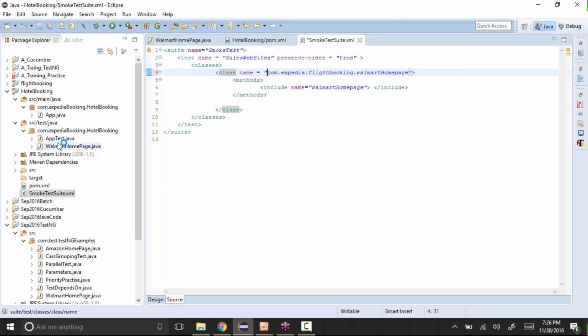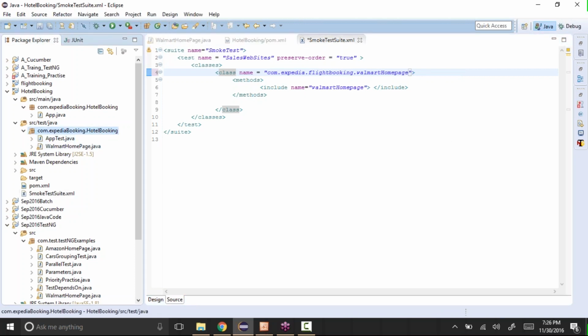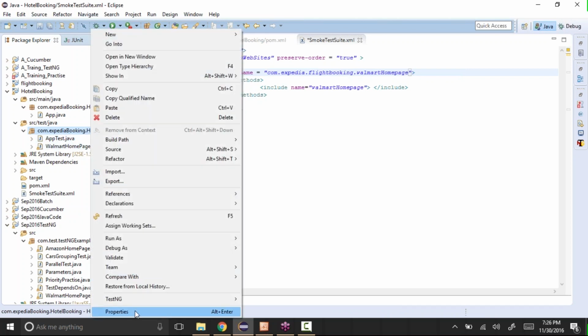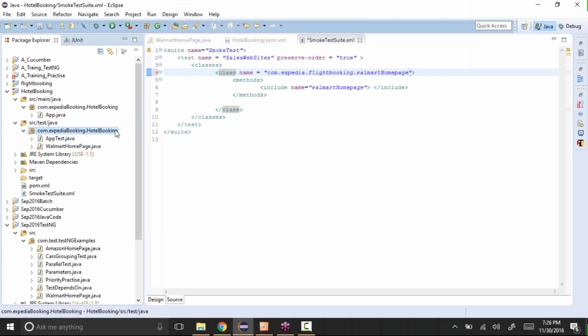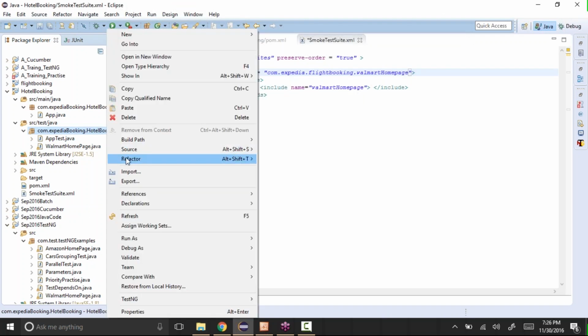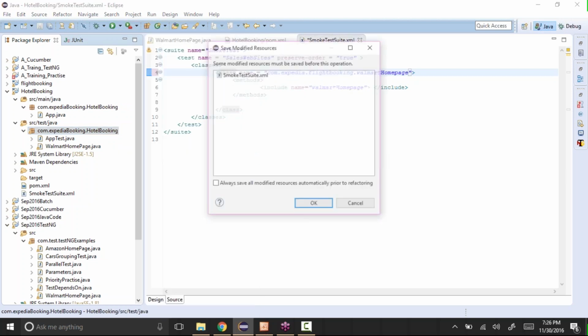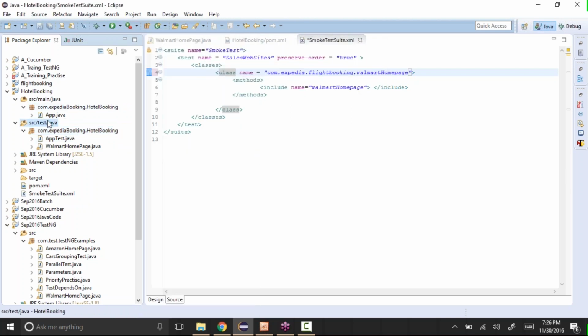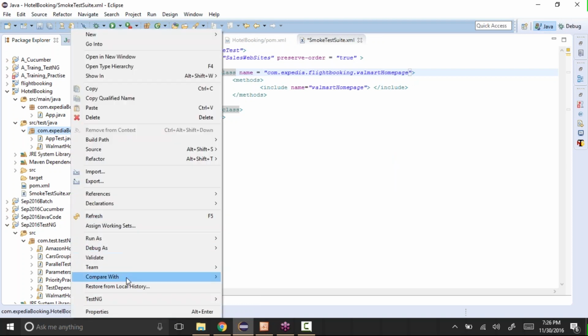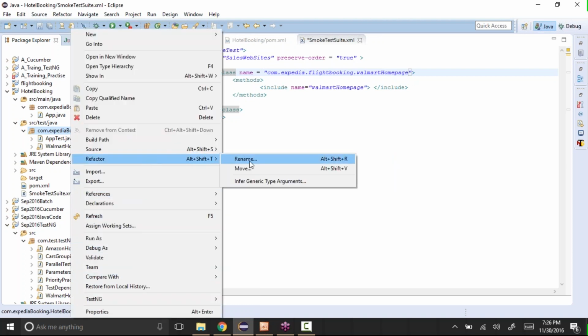Now our path of this one is com.expediabooking.hotelbooking. Let me copy this. Let me do a refactor, rename. I just wanted to copy that.